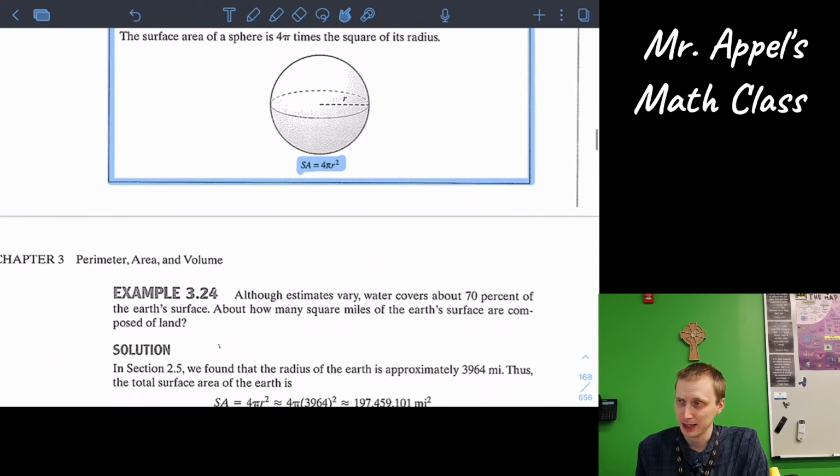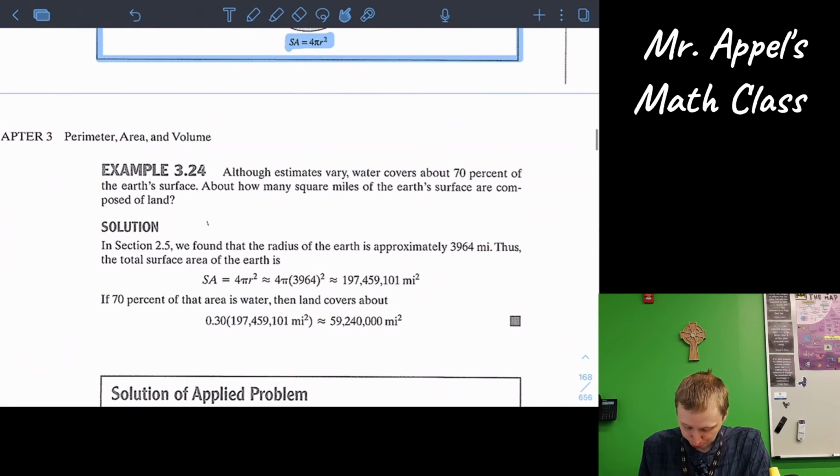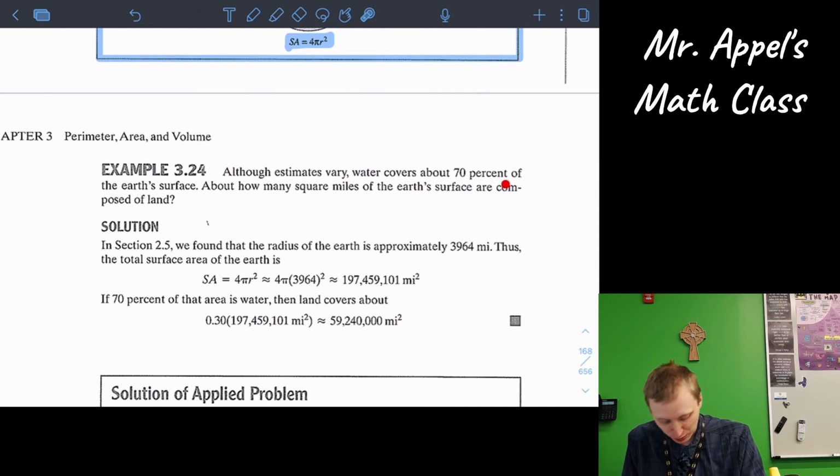So how about an example with the sphere to wrap things up? Although estimates vary, water covers about 70% of the Earth's surface. About how many square miles of the Earth's surface are composed of land? Okay. So from section 2.5, we found that the radius of the Earth is approximately 3,964 miles. Thus, the total surface area of the Earth is 4 pi r squared. So about 4 pi times 3,964 squared, or to the nearest square mile,